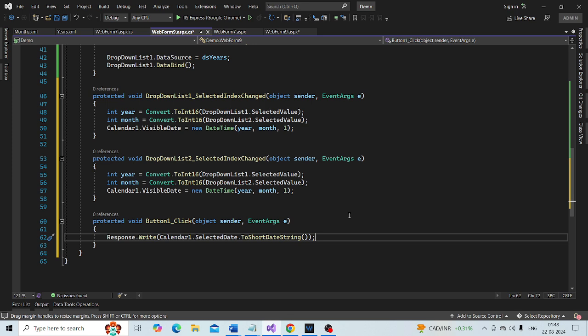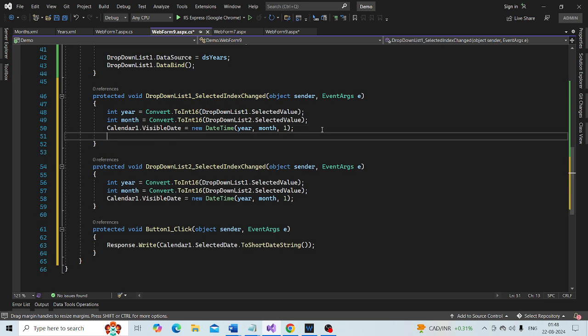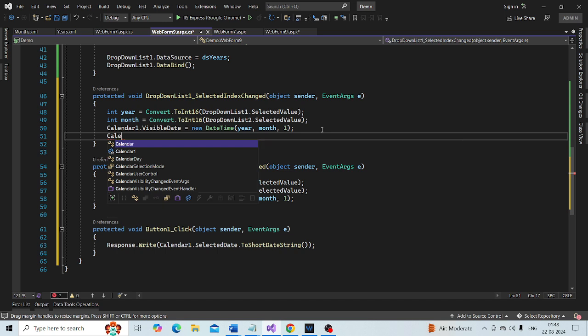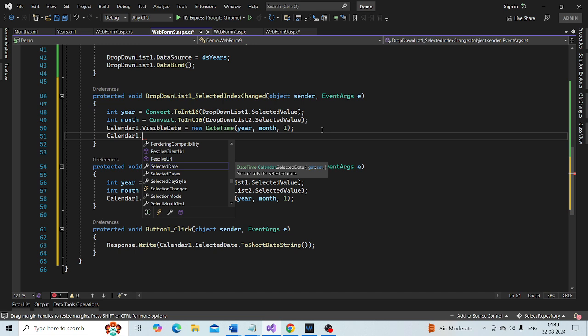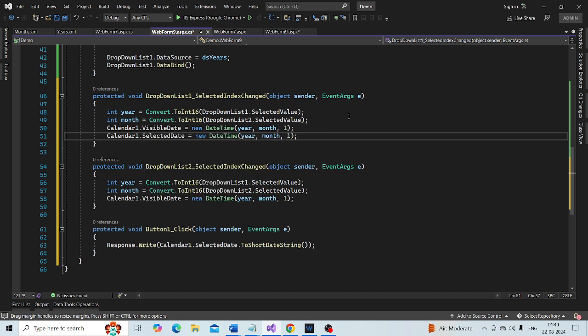And another thing that we can actually do is we can say calendar 1 dot selected date is equal to also the same thing.